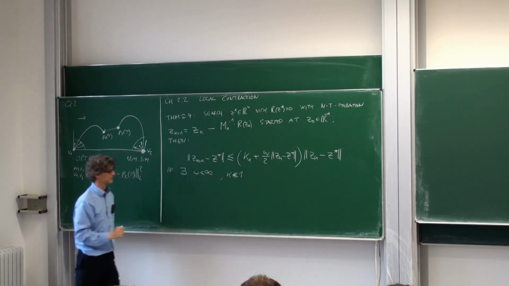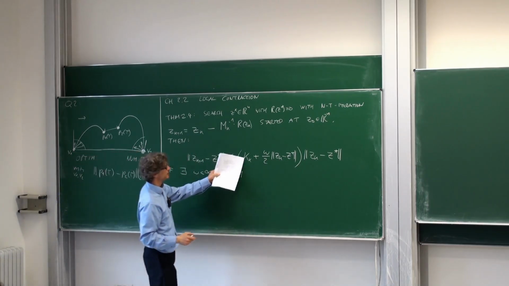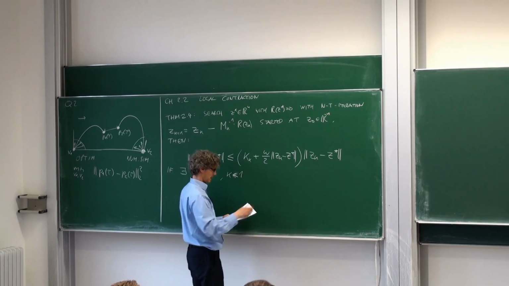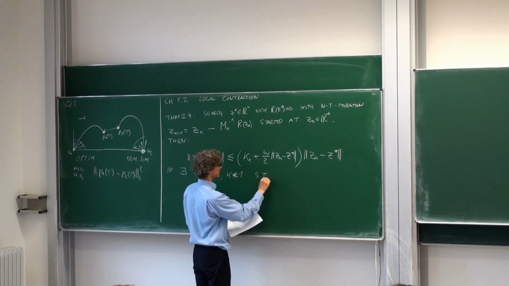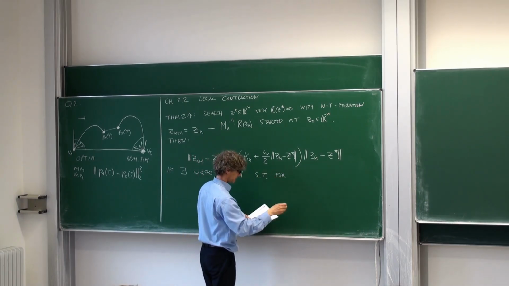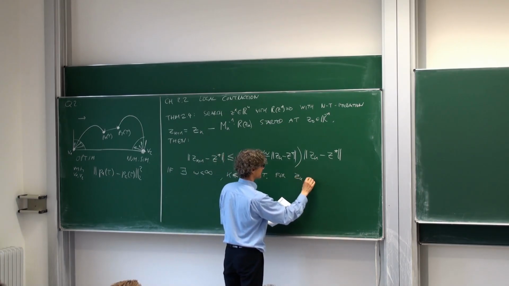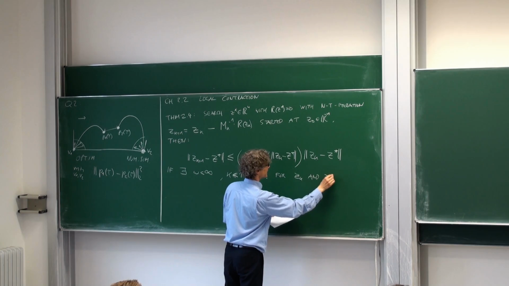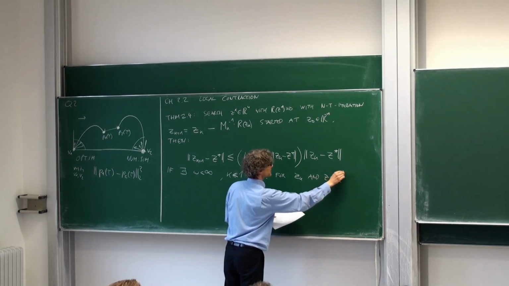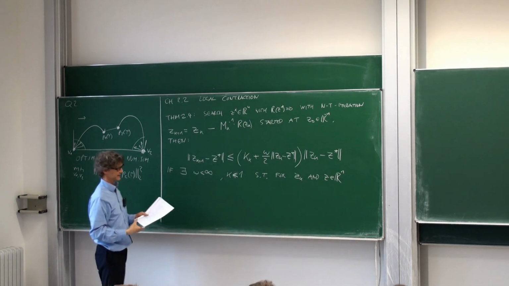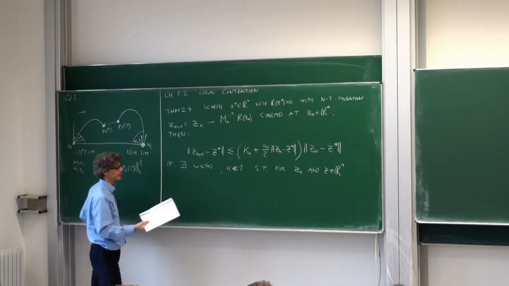This kappa is actually an upper bound on these kappa_k, such that for all indices, for all iterates z_k, and also for all other z in R^n as well, so we will need both of them in the assumptions,